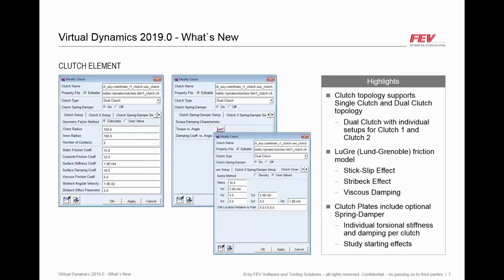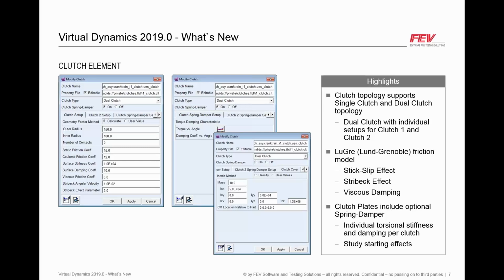So the next new feature is a brand new clutch element that we introduced with this release. You can see the screenshots of the dialog boxes on which you define the typical parameters of the clutch. So we support both single and dual clutch topologies. For addressing stick-slip behavior, we are using the LuGre friction model as well as we capture the Stribeck effect and the viscous